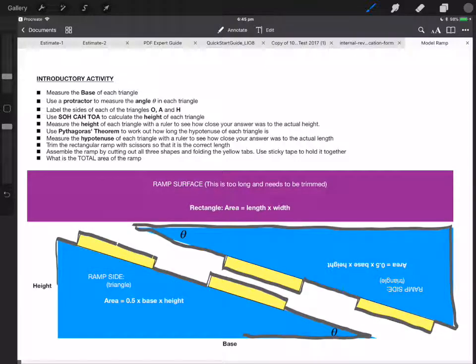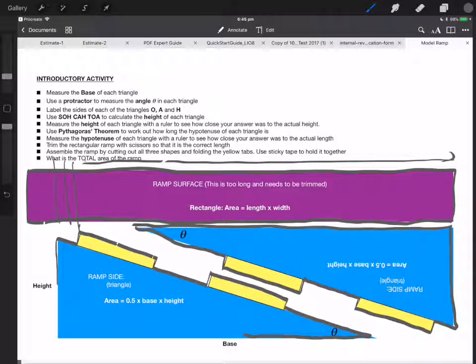The final thing is you then cut out the rectangle. The rectangle, which is the ramp, or the model of what you wheel the wheelbarrow up, is too long. You need to trim it, chopping it off so that the length of the ramp is exactly the right length for these triangles. You're going to use your hypotenuse measurement, worked out using Pythagoras, to decide how long your ramp has to be. Once you've assembled all of that and stuck it together with sticky tape,